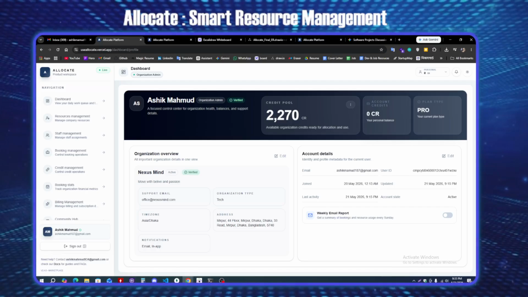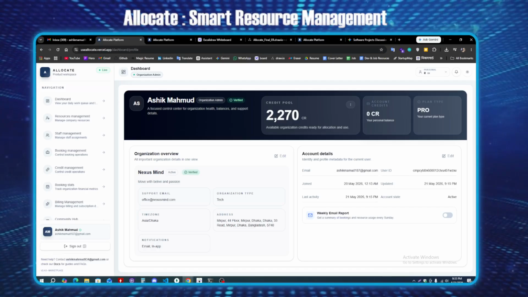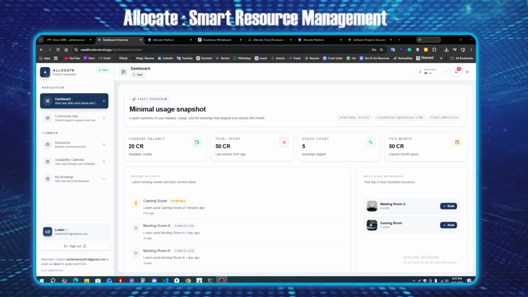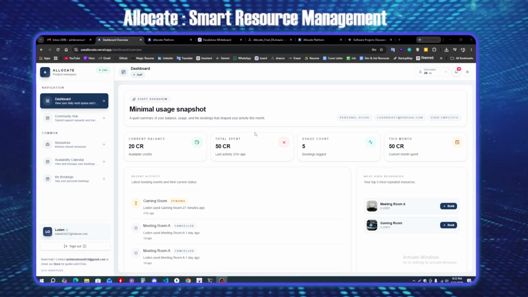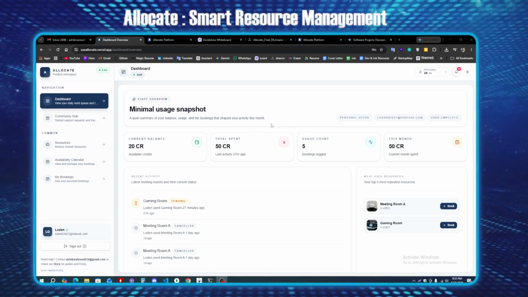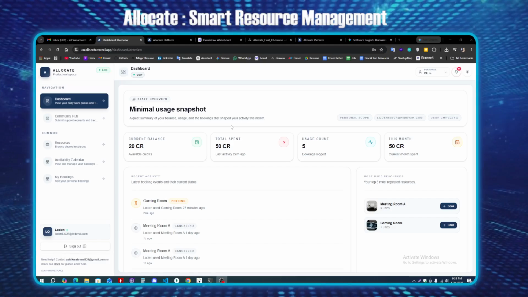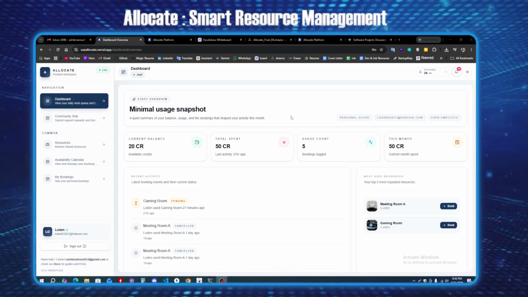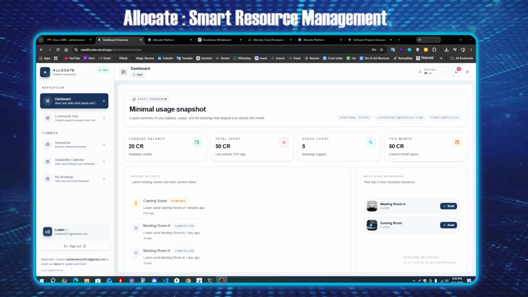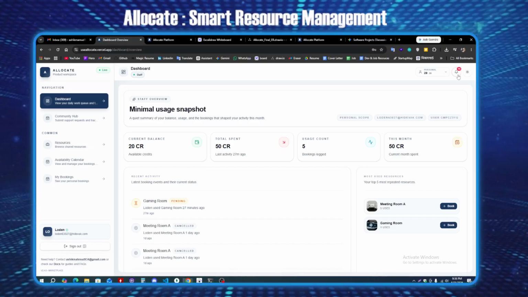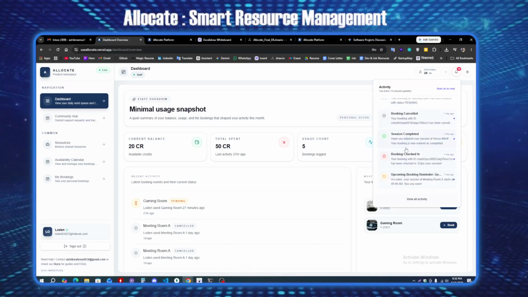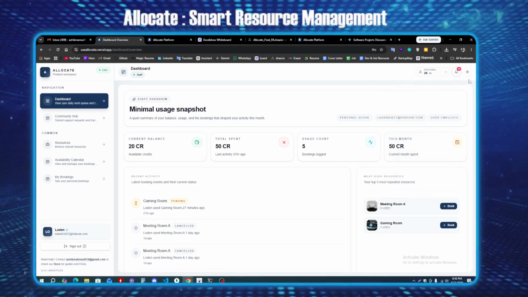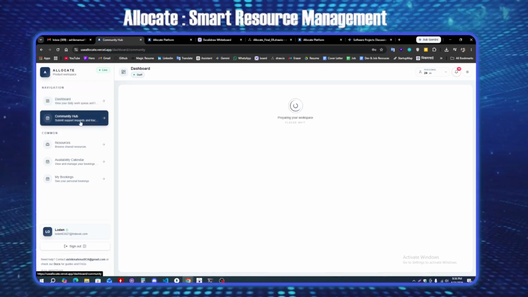So okay, we are moving to the staff dashboard. Okay, so we are coming back into the staff dashboard directly. I don't want to show you everything because it's already a long video, so that's why I'm not going to show you the login and other stuff. So here, as you see, our staff dashboard is so minimal, nothing so hard. So you can see all the activity, the notification, and also the community hub